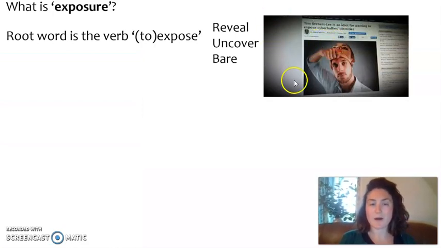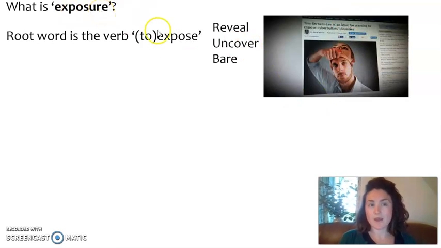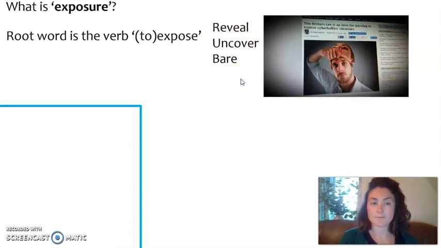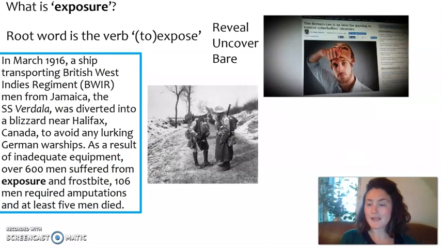So if we're thinking about Wilfred Owen's intention of titling his poem Exposure, perhaps he's hinting at something that he is going to expose. He's trying to expose a truth of some kind through his poem. Another form is the noun exposure. And here,